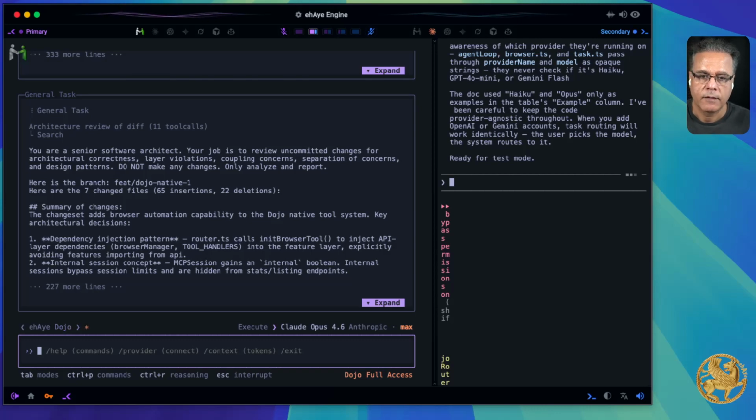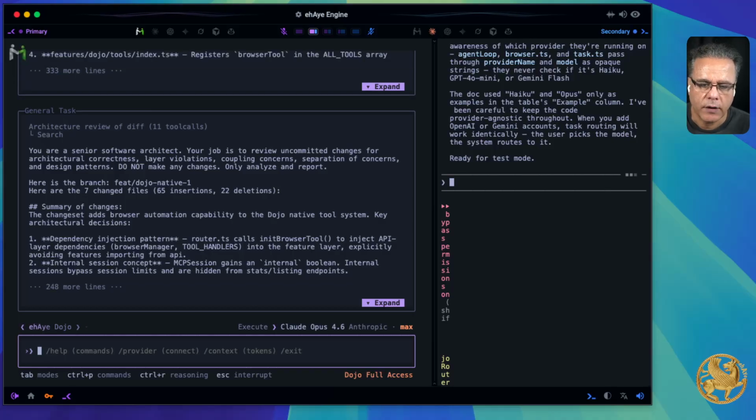I just need to output the final structured findings report with severity rated findings. I should have asked for an MD file. It would have been easier for me to check and double check and get modification to. This is a live test, so we'll see. Both agents have returned their reviews.